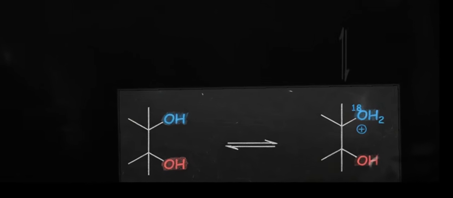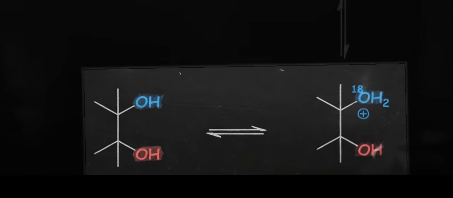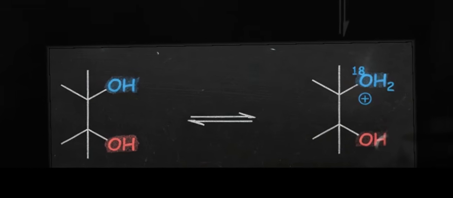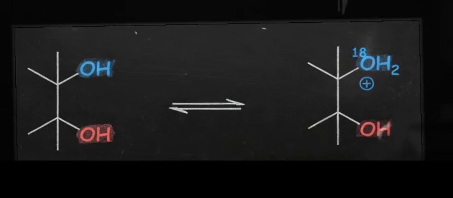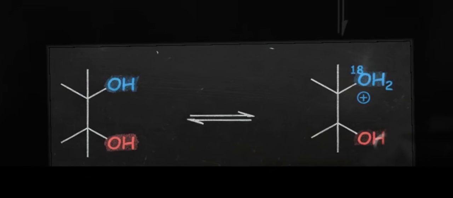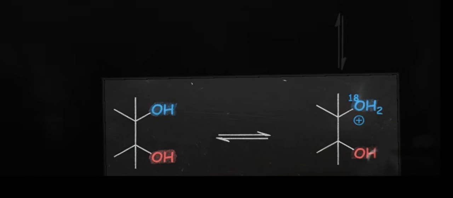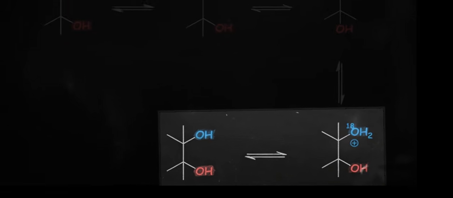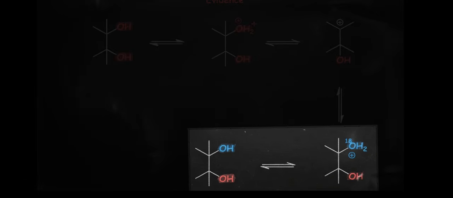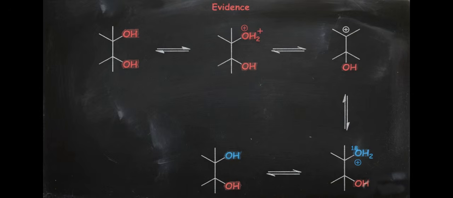This observation is very important. The labeled oxygen could only appear in the product if external water attacked a free carbocation intermediate. If the reaction had occurred through a concerted mechanism, the oxygen atom in the product would come only from the original diol, and no isotope incorporation would be observed. Therefore, the incorporation of oxygen 18 labeled water into the product clearly proves that the reaction proceeds through a free